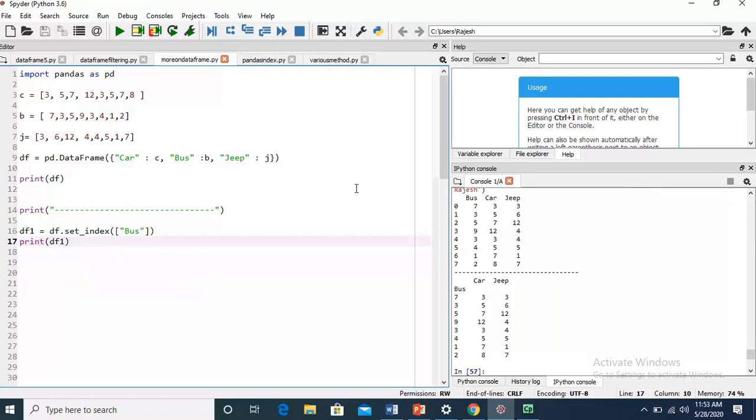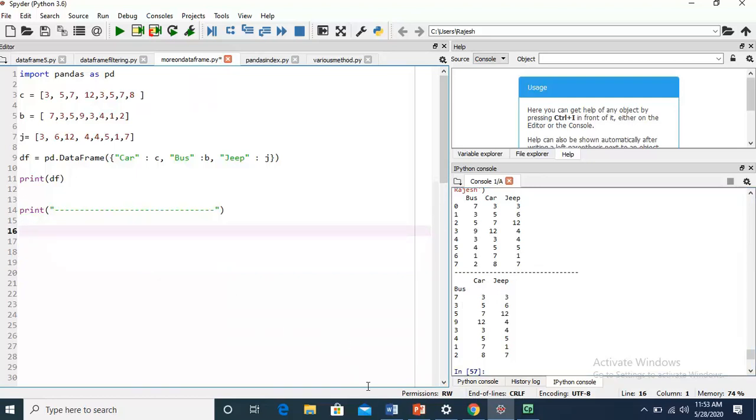You just see here the bus is a column, but now it works as an index. It is transferred from that place to this place, which means it replaces the default index. Okay, let's move to the next question.